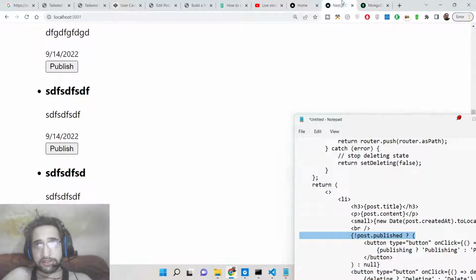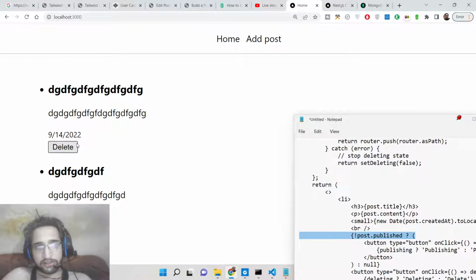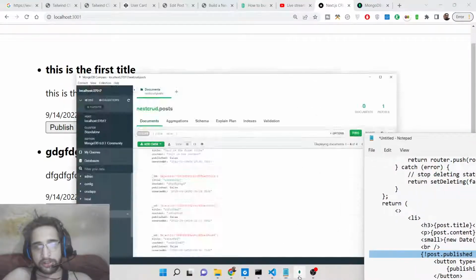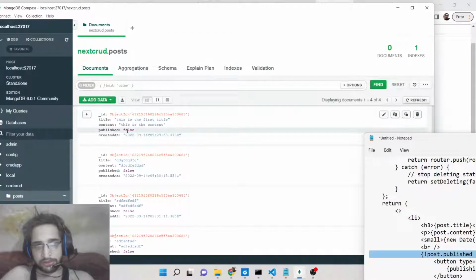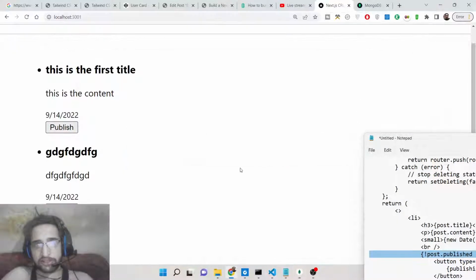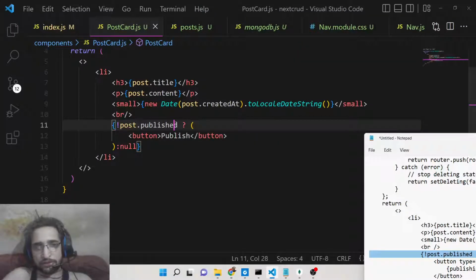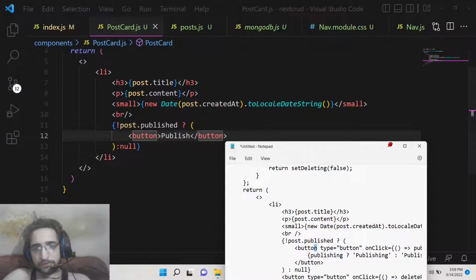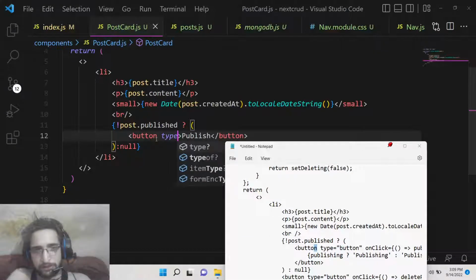So all these blog posts now, guys, will have a publish button. You will now see there is a publish button, because if you check the database, there is a property called published which is false. So here we are checking this property. If this property is false, in that case we will show this publish button. This button will be of type button,